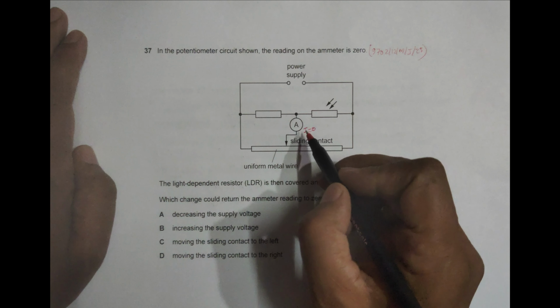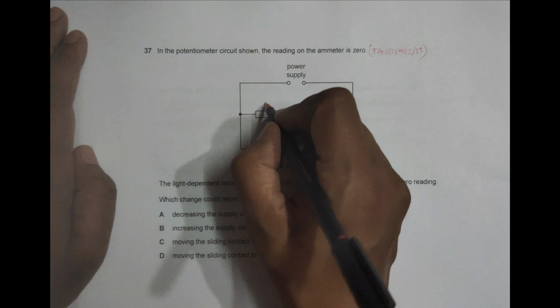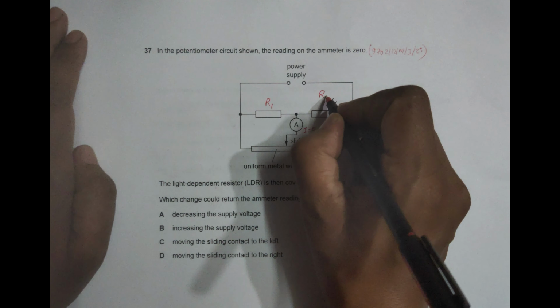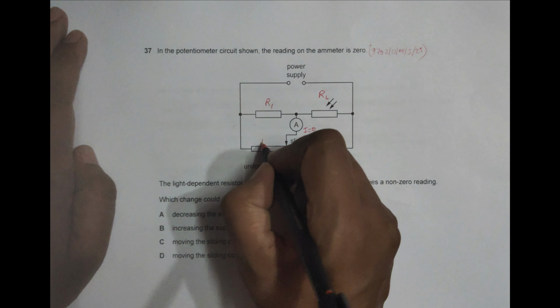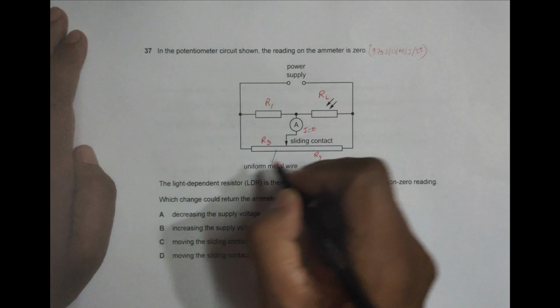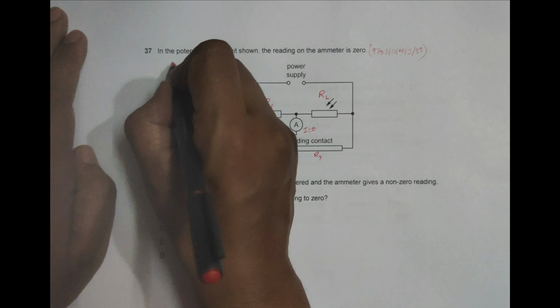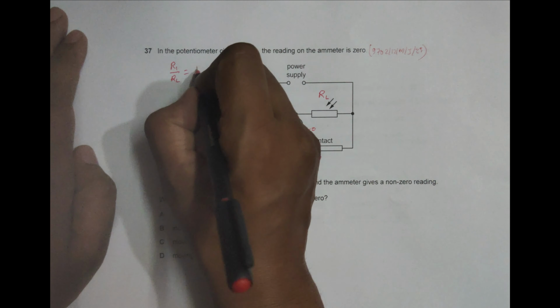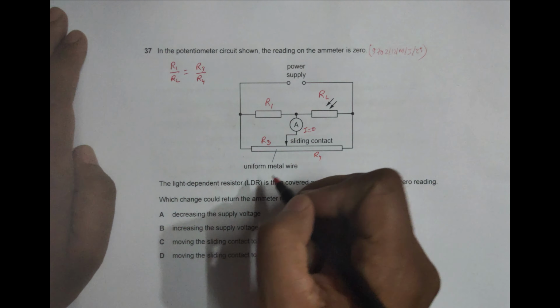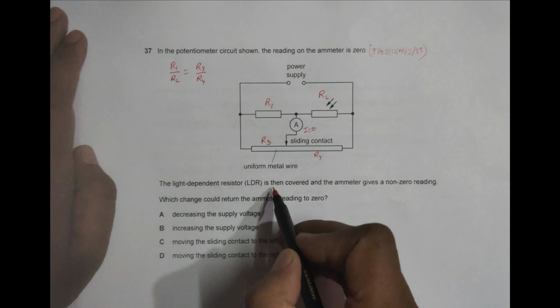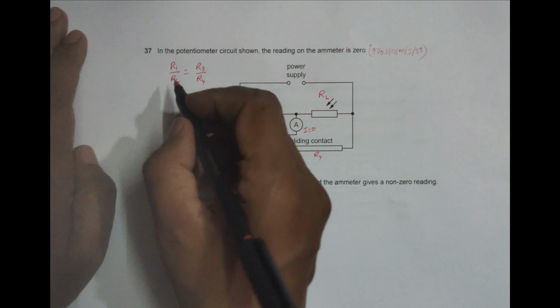So first of all, I equal to 0. It means that if I name this resistance as R1, if this is RL, if this is R3, and if it is R4, then initially it was R1 by RL is equal to R3 by R4. Initially the condition should have been like this. Now what happens now is the light dependent resistor RLDR is then covered. So when this is covered,